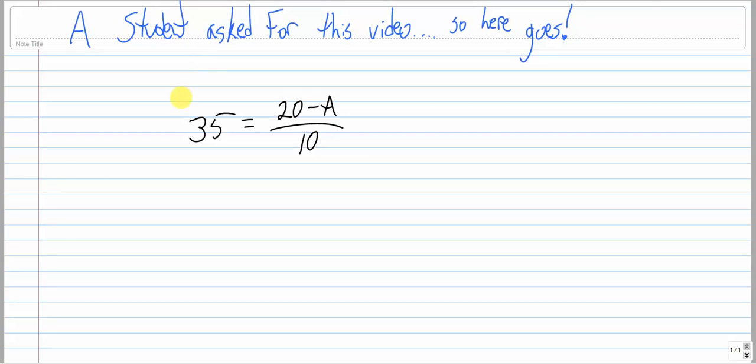I will also say that I am not a math teacher, so a math teacher might say, oh, well, look, 20 over 10, that reduces to 2, or who knows what a math teacher would say. But I'm not a math teacher, and I'm just going to show you how I would get this A by itself. So in my toolbox, one of my first tricks is to notice that if you have a fraction on